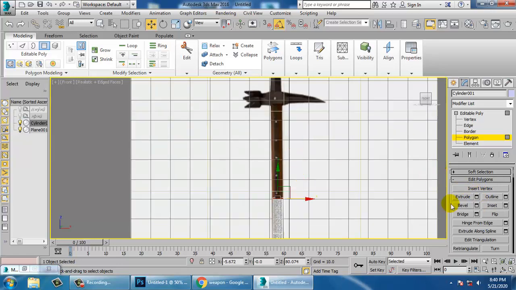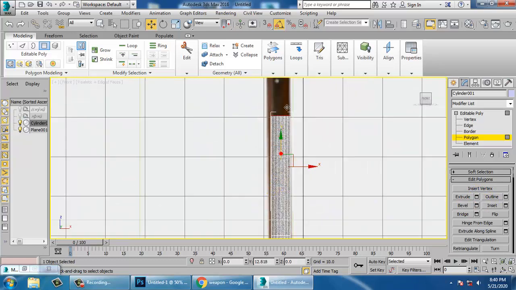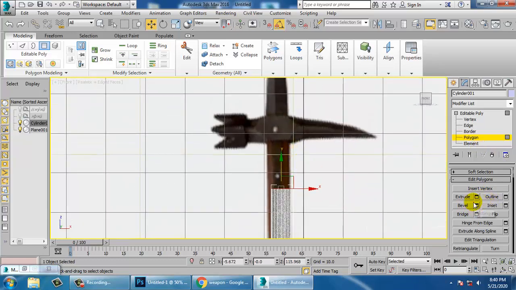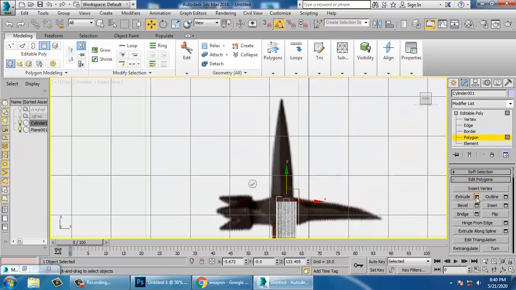As it is in the form of a cylinder, we need to go on extruding this. Once you are done, again extrude it, press R and scale it.